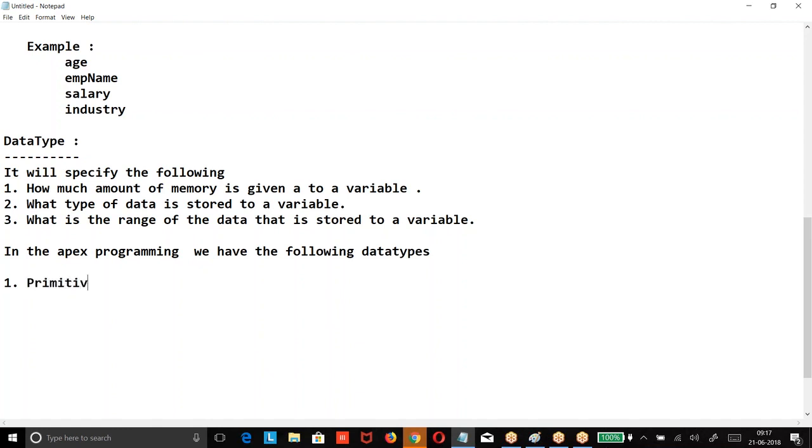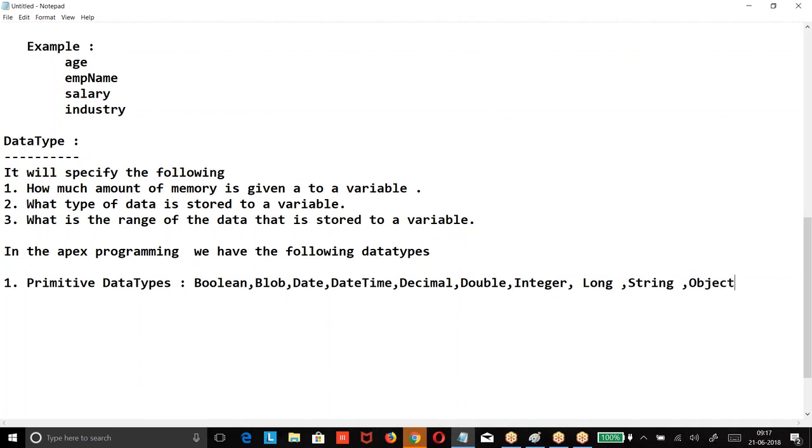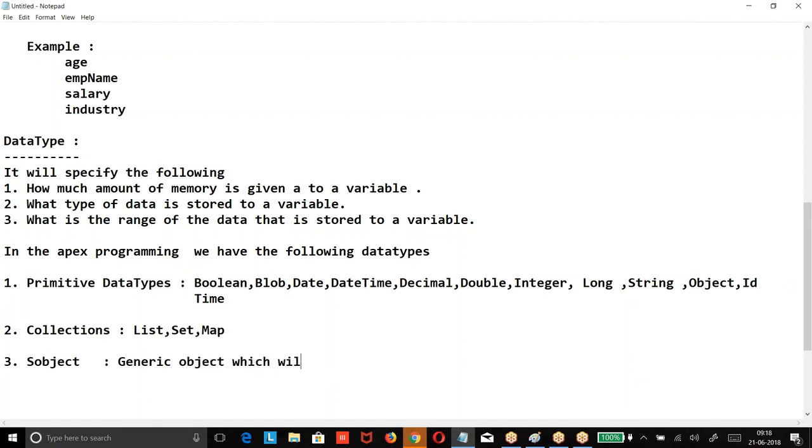Primitive data types, collections like list, and sObject, a generic object that refers to standard or custom objects.